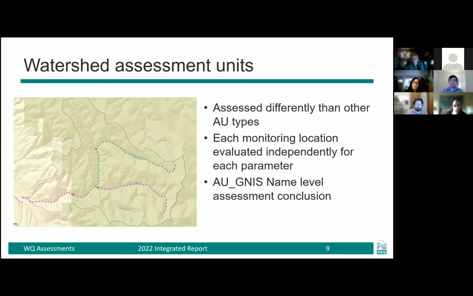We determine that based on the National Hydrography Dataset, which has a feature called a GNIS, or Geographic Names Information System. So that's basically a stream name. We're using those to display individual conclusions for each named stream where we have data.